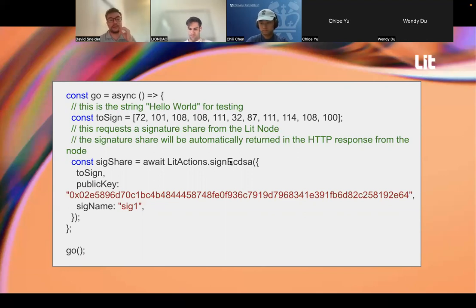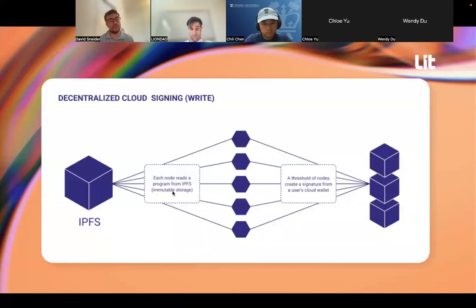And so what we're looking at here is the ability to put the signature into a program and essentially create automations for signing. The way that works specifically is that code gets uploaded to a specific content ID on IPFS, which is an immutable address. Then when the nodes get triggered and told, hey, run this code, in the same way that we looked at before, where in the earlier case the nodes were reading the chain for access control, here they're pulling the code from IPFS, doing the computation for that code, and then rather than producing a decryption share, which we talked about before, in this case they're producing a signature share.